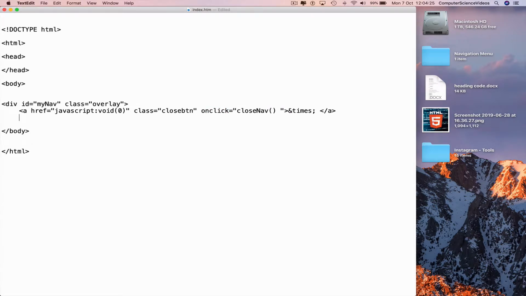Go to a new line, indent, less than div class equals speech marks overlay dash content. Greater than, go to a new line, indent, a couple of spaces, less than a href equals speech marks hashtag greater than about,